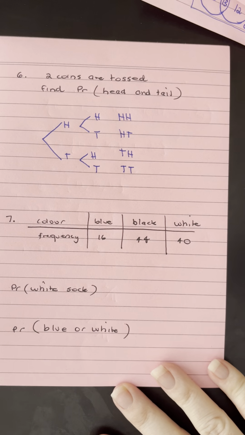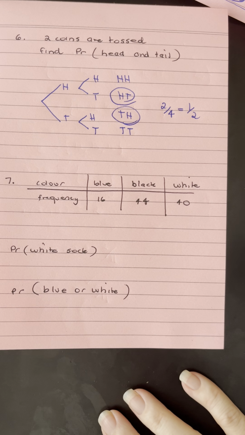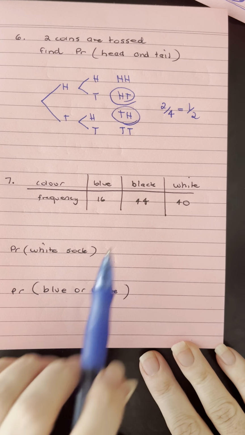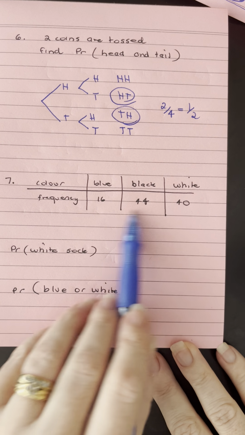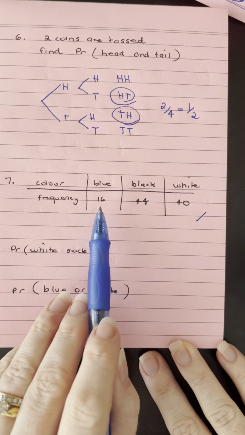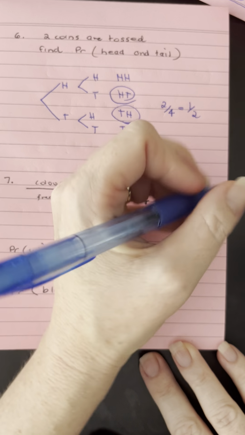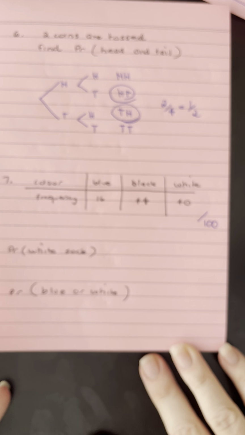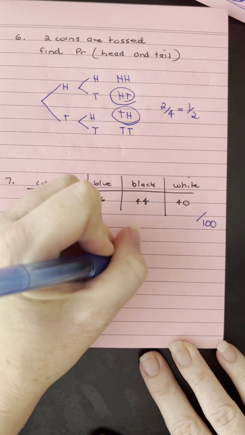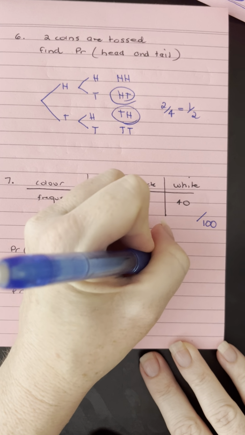Now my last question is about experimental probability, so not theoretical. We've got some data here, and we want to find the experimental probability for this scenario. So we've got the socks in the drawer, and we can see that we have 16 plus 44 is 60, plus 40 is 100, so we've got 100 trials altogether. The probability of a white sock is going to be 40 out of 100, which is 2 out of 5